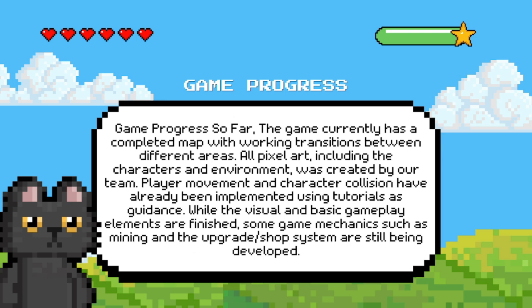We learned how to do this by watching tutorials and then applying what we learned to our own project. This is an important step because it allows the player to interact properly with the game world and prevents them from moving through objects. At this stage, most of the visual elements and basic controls are working as planned. However, there are still some core gameplay features that are not finished yet. These include the mining system and upgrade or shop system, which are important for players' progression. We are currently working on understanding how to implement these mechanics and plan to add them in the next stage